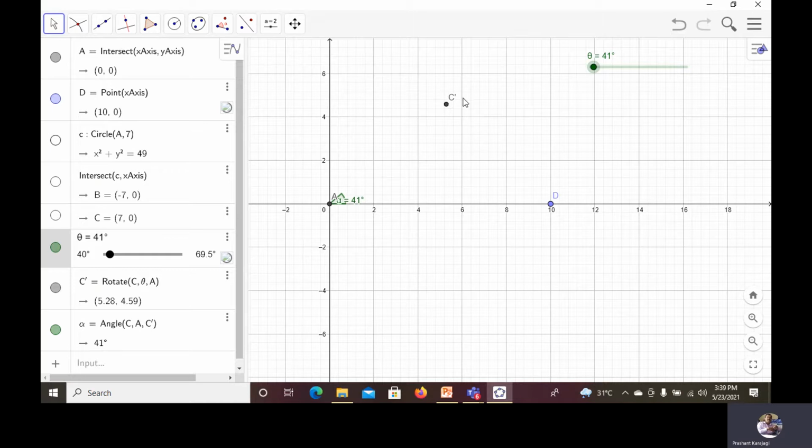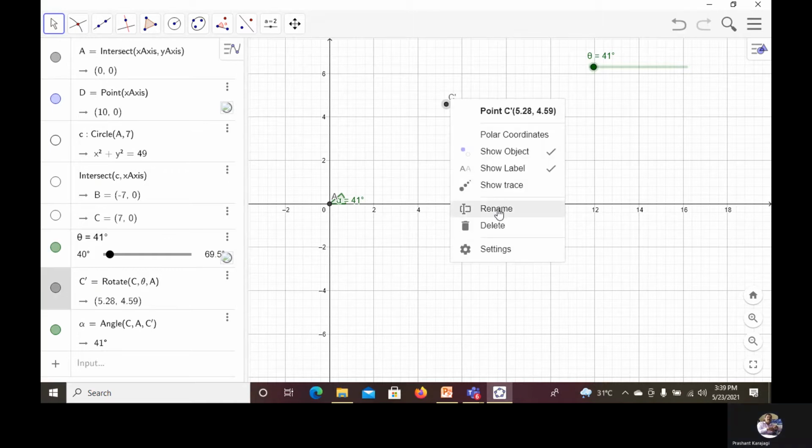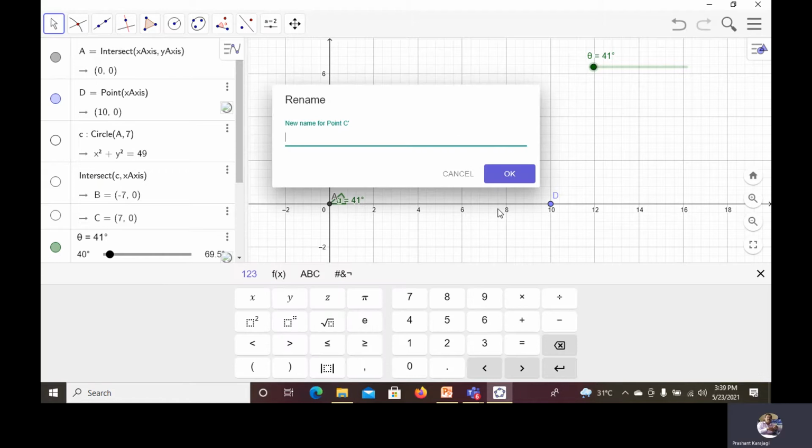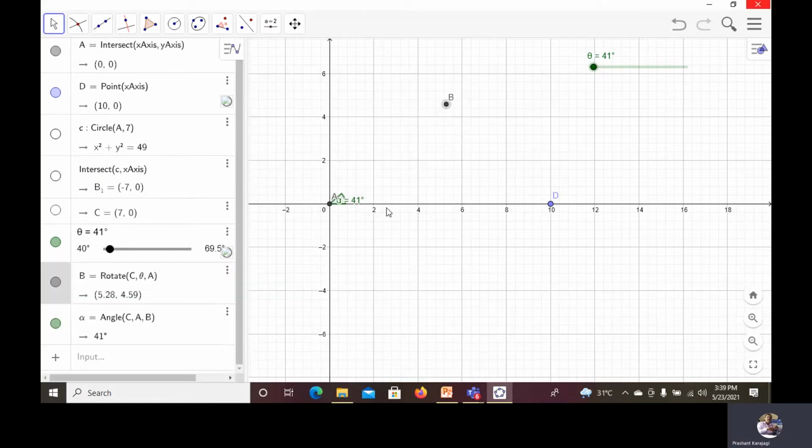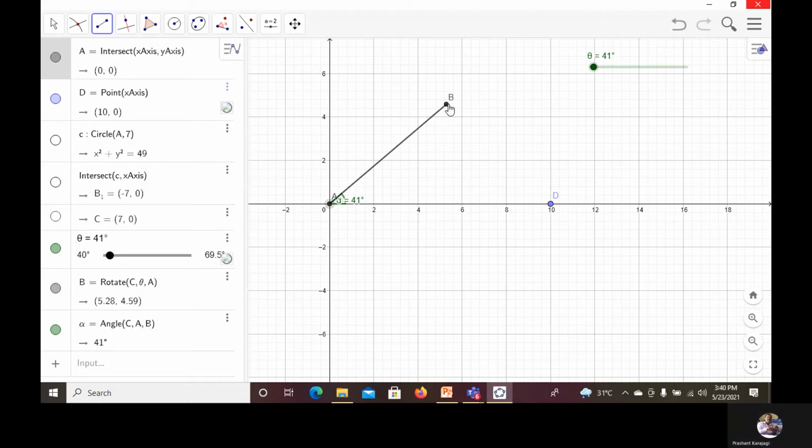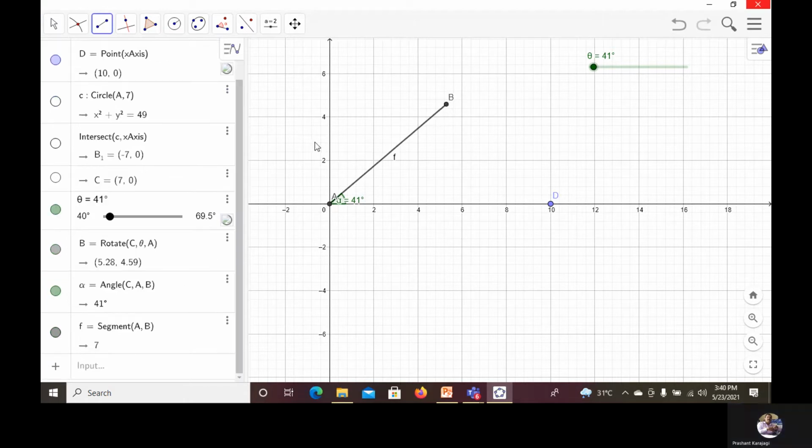We do not want the circle. And point C dash, you rename it, making it point B. Now you are getting A, B as the input link. So you join these two points using the line command with segment syntax. So AB is joined.